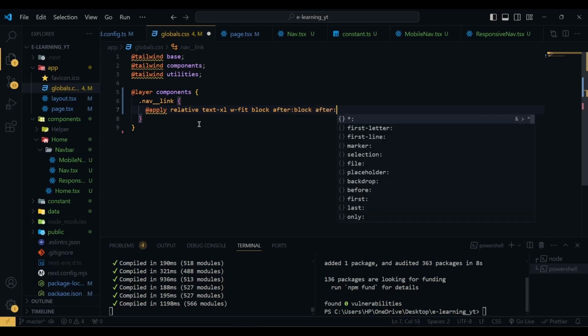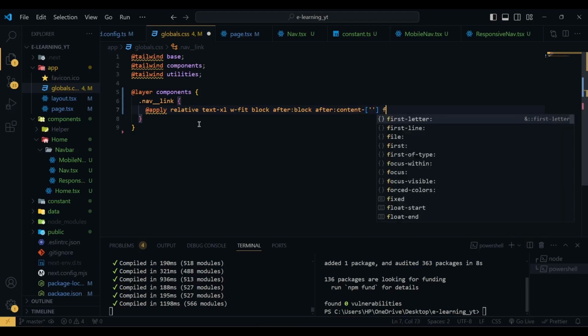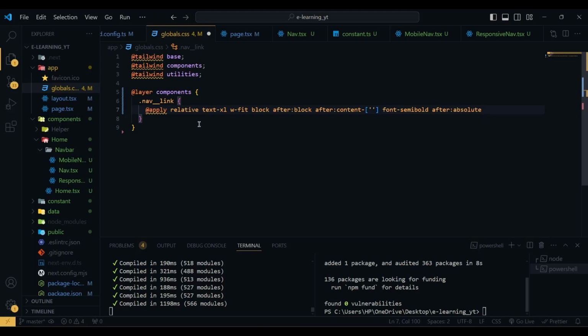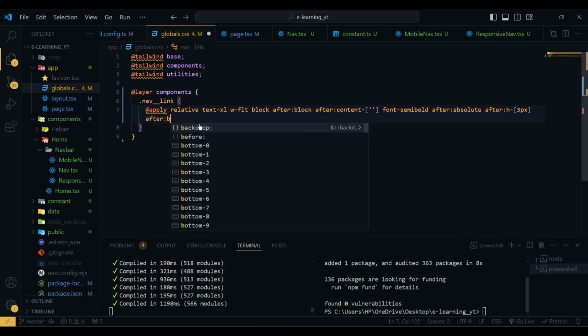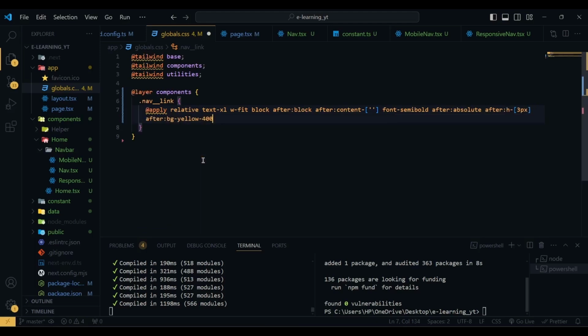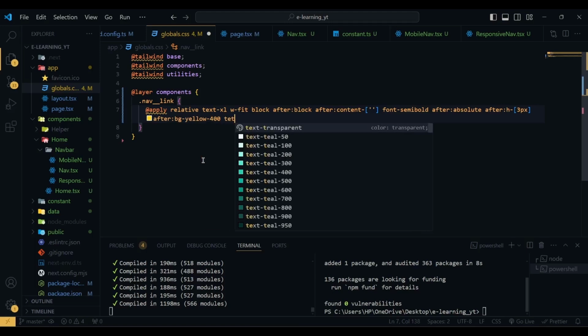then after the content will be empty. Then we have font of semi-bold, and after we'll have an absolute positioning. Then in after the height will be 3 pixel. After we have a bg of yellow 400, text color will be white,